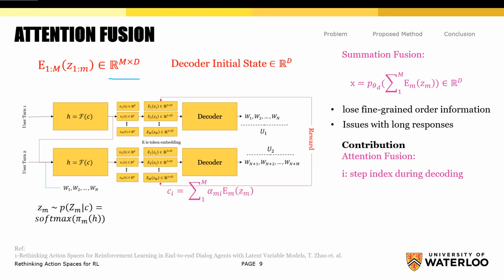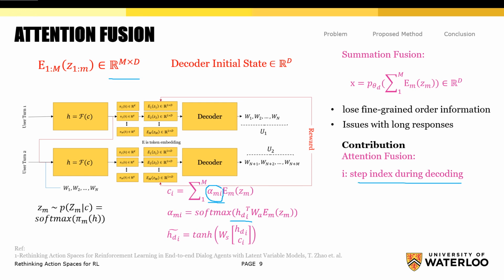So they use the attention vector, and as you can see, we introduce to the output of the context vector a weighted sum of this summation. And now the problem is how we can calculate this alpha of m i, which is the attention weight. How can we update this one, how can we calculate them? They use exactly the same idea that we usually use in the whole attention paper. I'm not going to go into detail, but if you check the original attention paper, you will see that we are always going to compare our current hidden state, which here is the hidden state of the decoder, h of d,